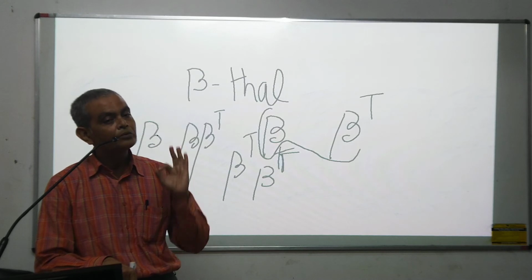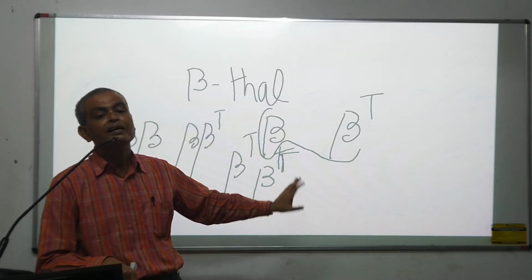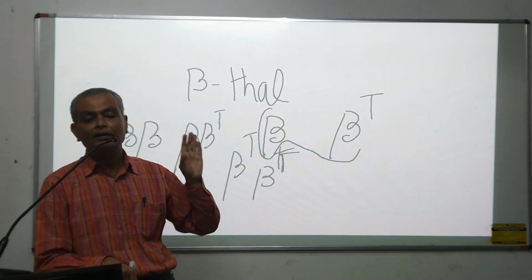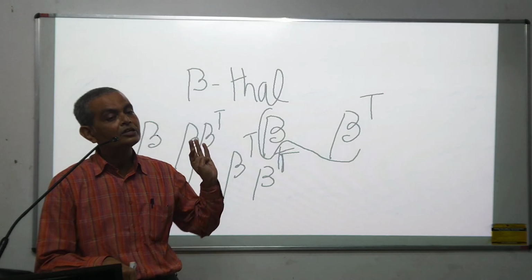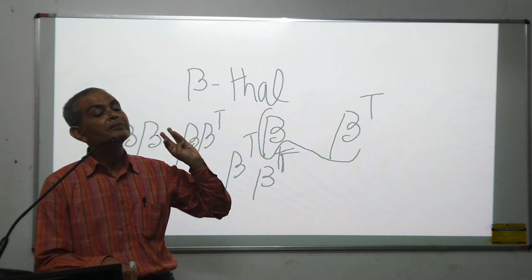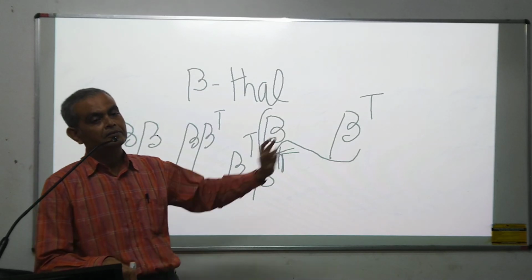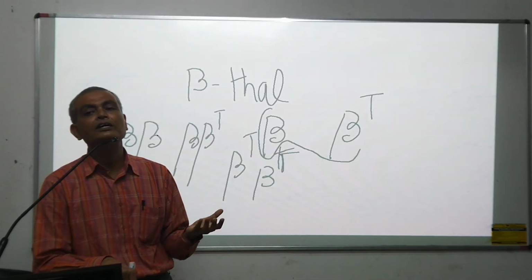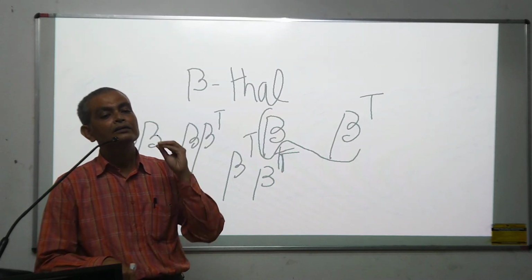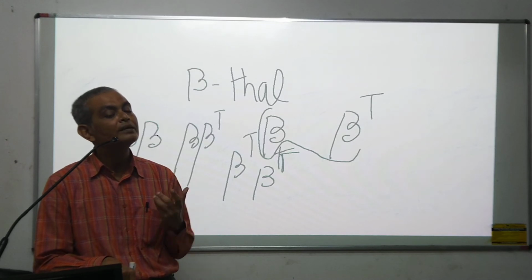But they will maintain a normal life, and they are thalassemia minor, or they are known as heterozygous thalassemia. So thalassemia major, thalassemia minor, and also there will be the normal population. Now in thalassemia major, the major will show the typical picture of a congenital hemolytic anemia. So what will be the picture?